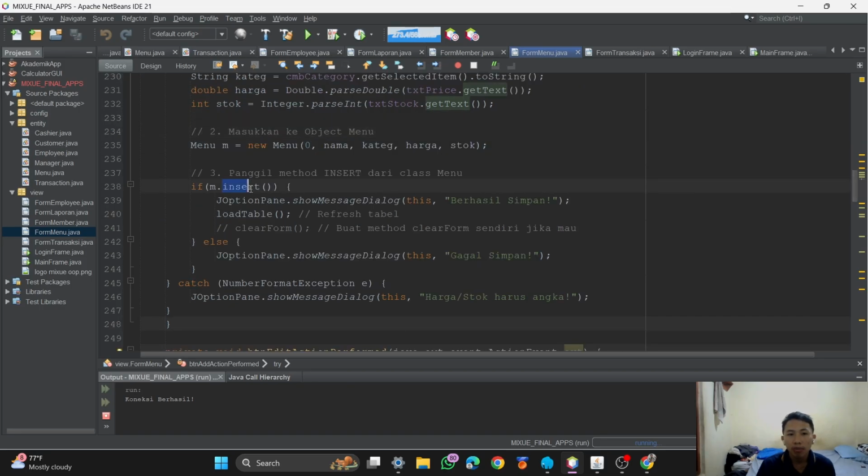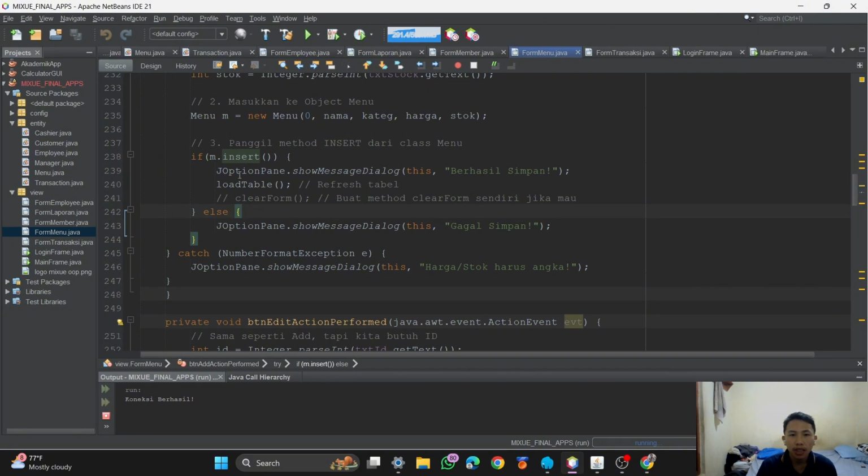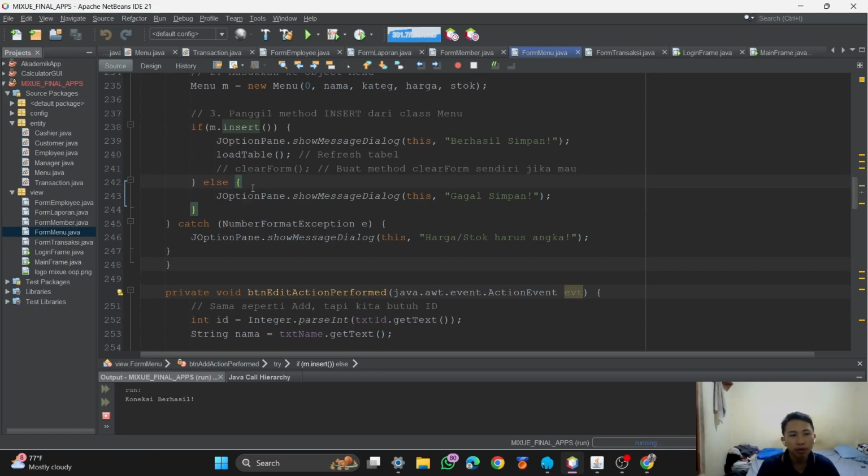The insert method is already in the menu Java class. If it can insert, it will show a dialog message. If it fails, it will show the dialog again.